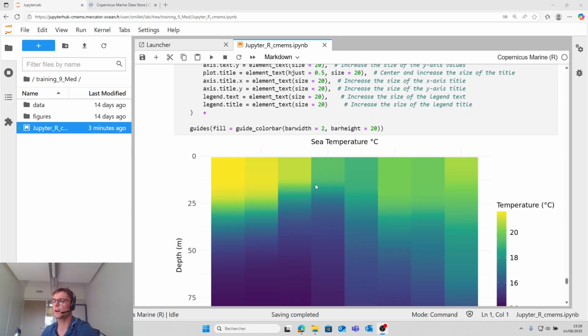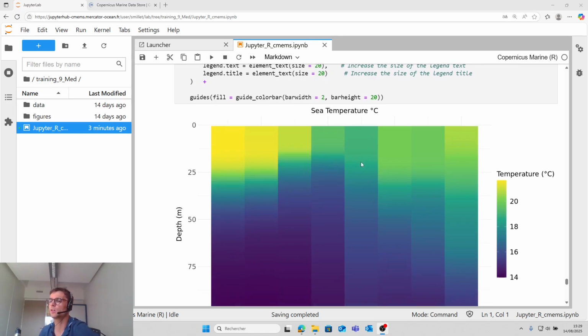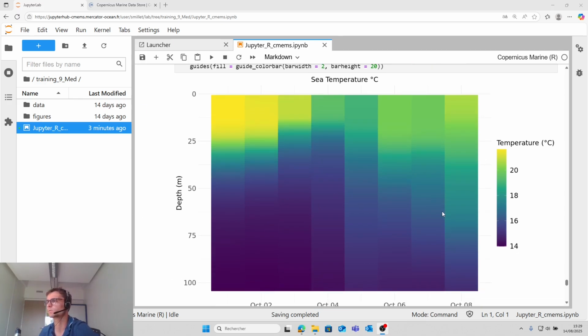The storm has an impact on oceanographic parameters. It mixes the water, and during the passage of the storm the temperature decreases. It is possible to do the same figure with salinity to see if there is the same conclusion.